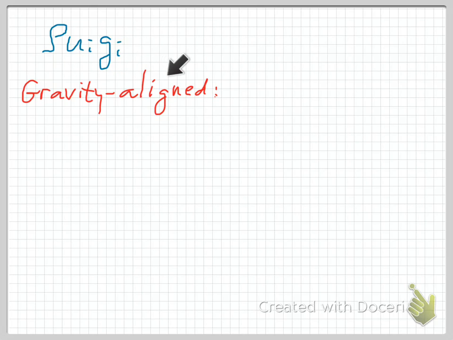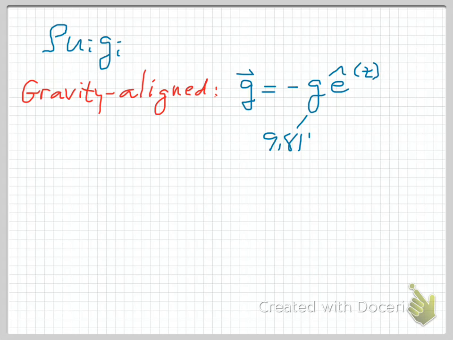We're going to represent this in a gravity-aligned coordinate frame so that the gravity vector can be written as minus g e-hat z. Okay, so g is the regular gravitational acceleration, 9.81 meters per second squared if you're at the Earth's surface, and e-hat z is the vertical unit vector,